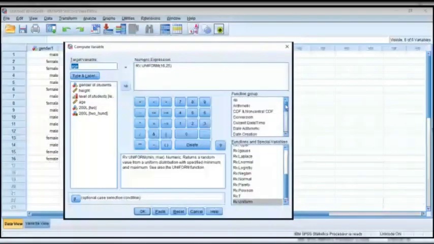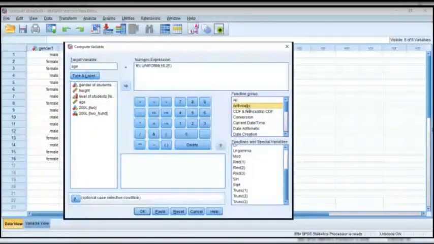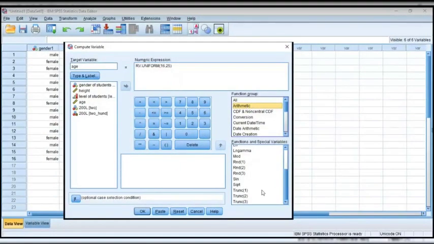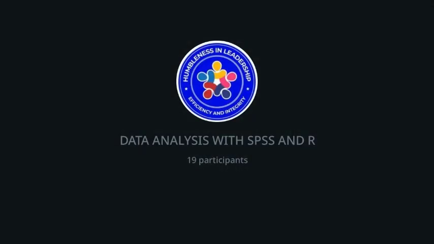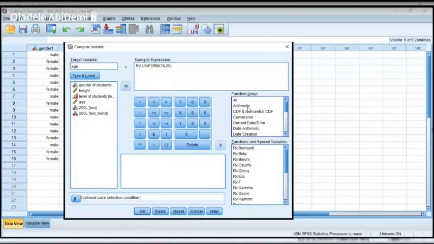Now, for us to compute a logarithm, like if we want to take the log of the entire data set, or maybe we want to difference our data set in time series analysis and something like that, we are going to be going to the arithmetic in the Compute Variable window.